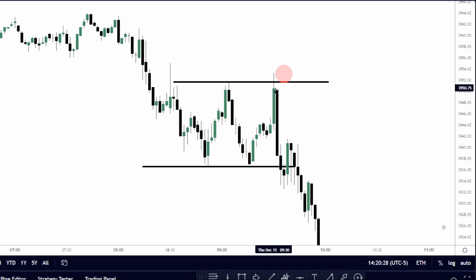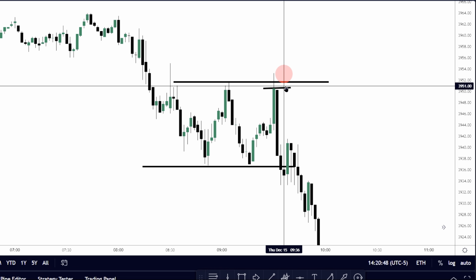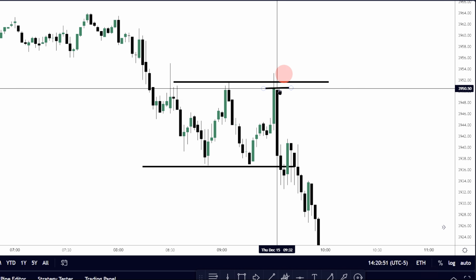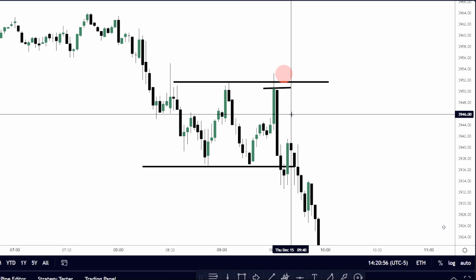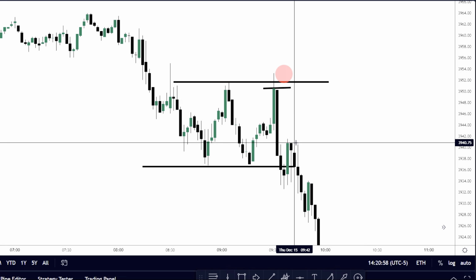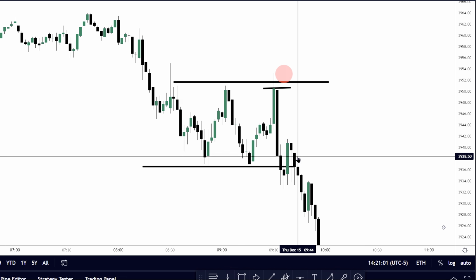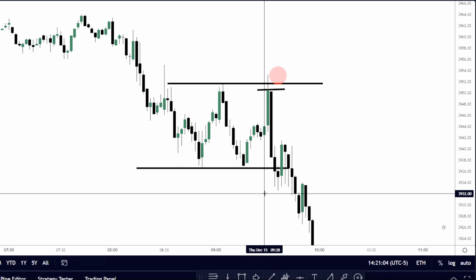And then once it goes back through, like right about here, that's when I'll add the other two. And then as it goes down, I'll probably take one off about right here. So I enter two here, so my average is probably 52. Once I get down to like 47, I take one off. I take another one off, and another one off. And then I'll leave one on for the final target.